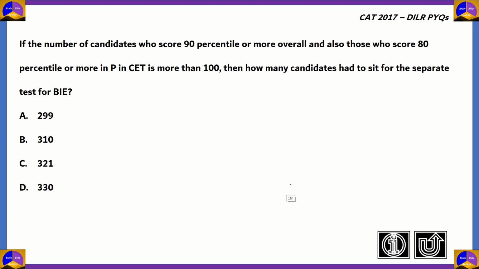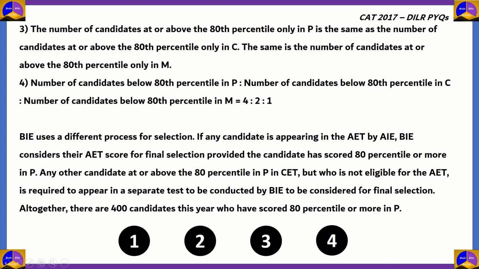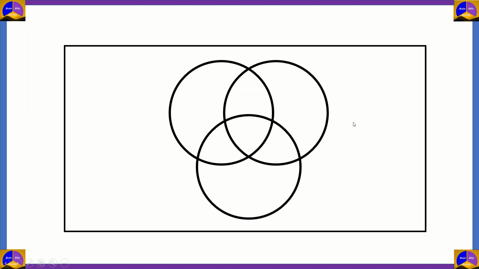So, now that we've looked at all of these questions, you might be wondering, how do we solve this question? Since you have a lot of information thrown at you, it is best if you can organize it and then start solving each question. So in order to solve this particular question, you would need the help of a Venn diagram. Now this particular Venn diagram would represent the people